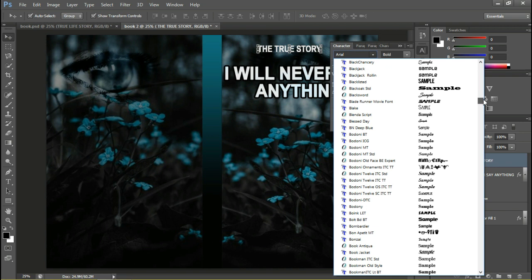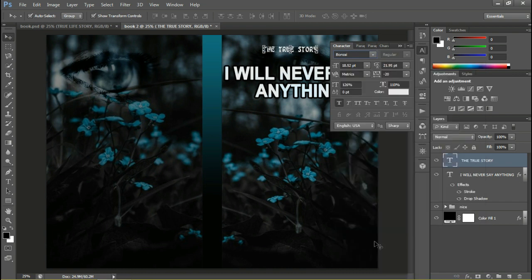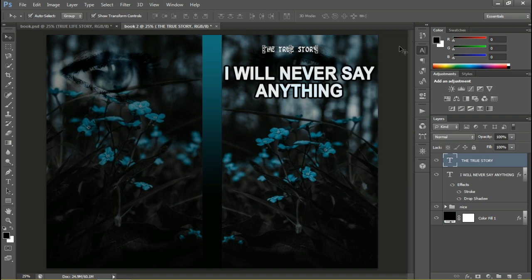Star. So I'm going to put this one. I like this one. I think it's also